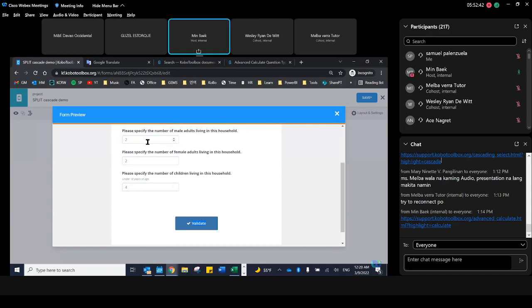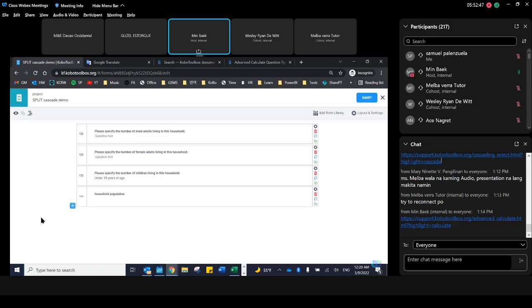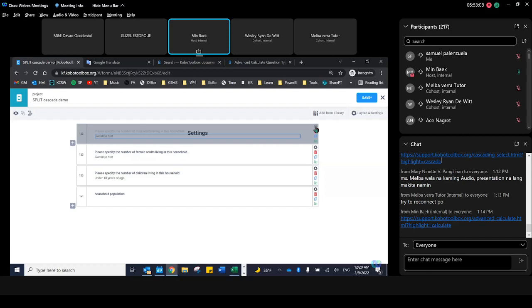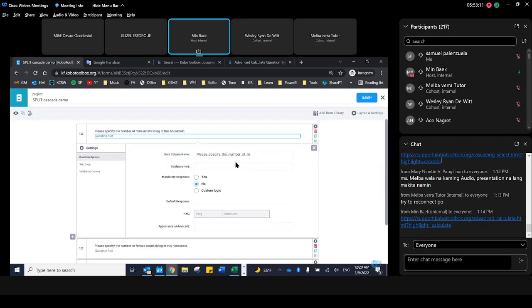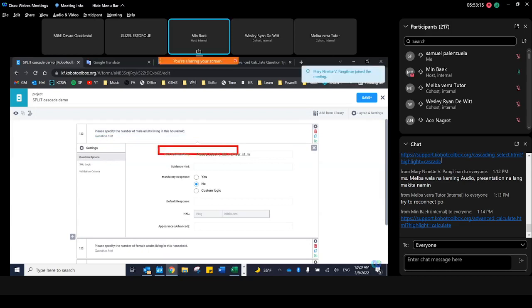We haven't programmed the calculation yet, so it's not going to happen. But nonetheless, we have to program it in. So how that happens is we can refer to the value of each question, meaning the responses, by their data column name, right? So by going to the settings, and here's why it's in everyone's interest to keep the data